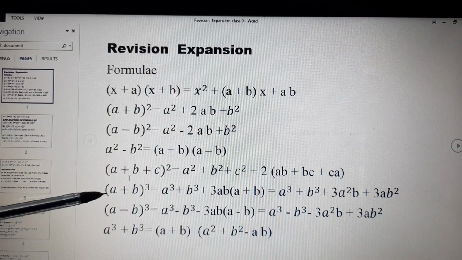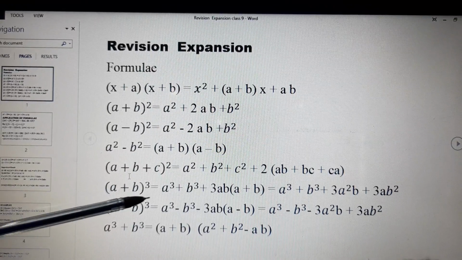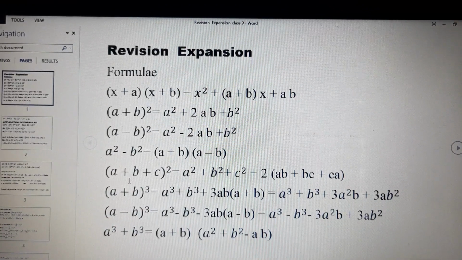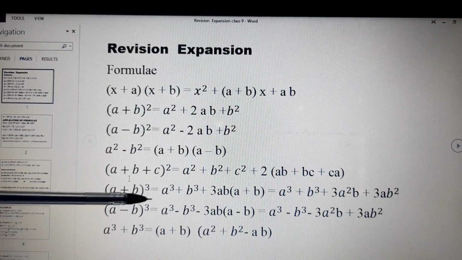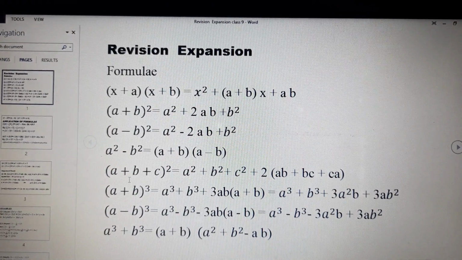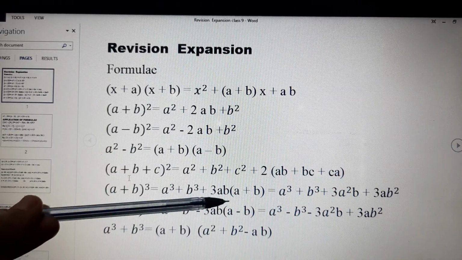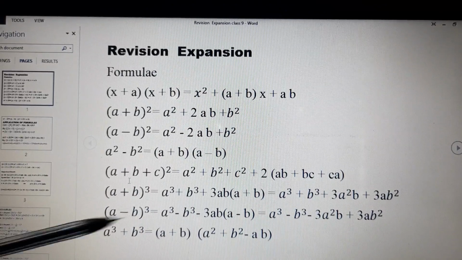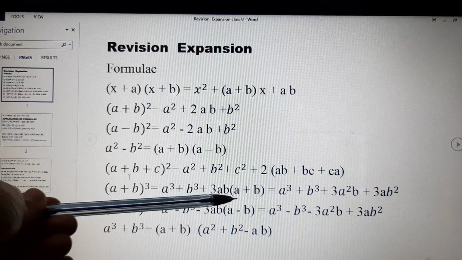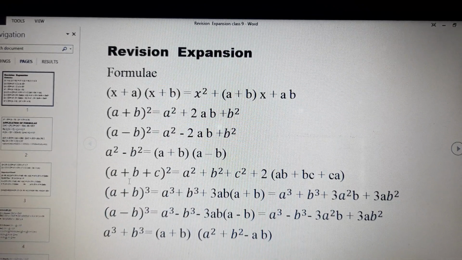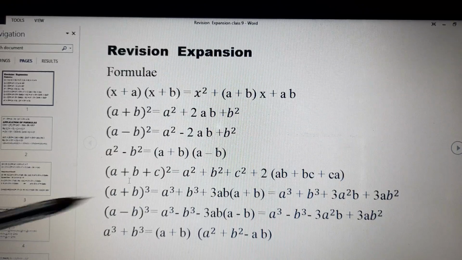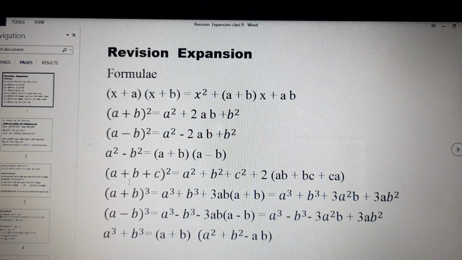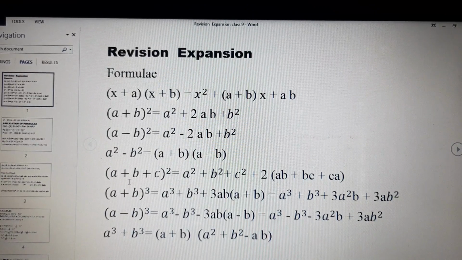So in the (a + b) whole cube formula, we will write a cube plus b cube, and just like the 2ab term, here we will write 3ab. Because it is whole cube, we will write 3ab, but that is not sufficient. We will write 3ab within a bracket (a + b). As it is whole cube, something extra should be there. That's why we do not end at 3ab. We write (a + b) also in a bracket. Or if you open this bracket, then you will get the formula a cube plus b cube plus 3a square b plus 3ab square. Clear?